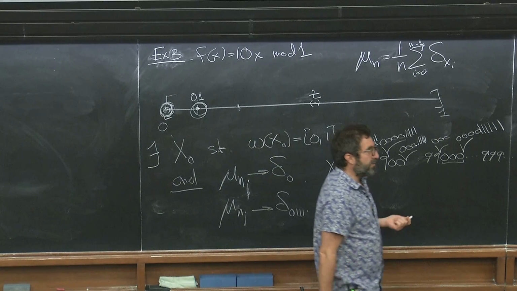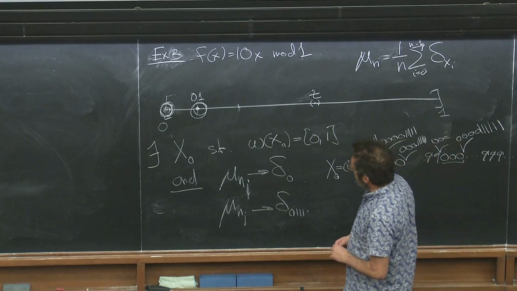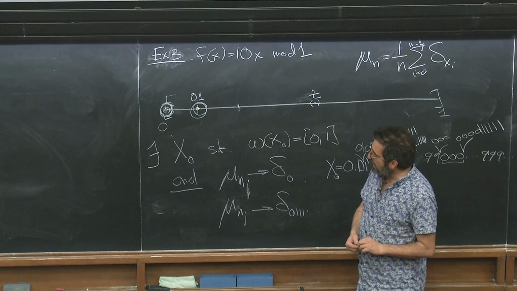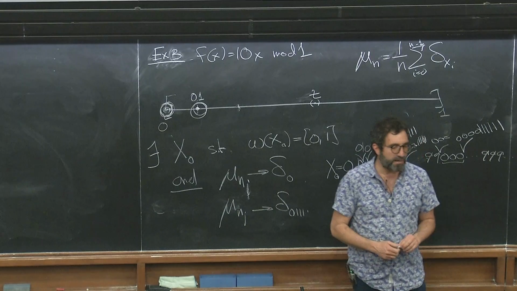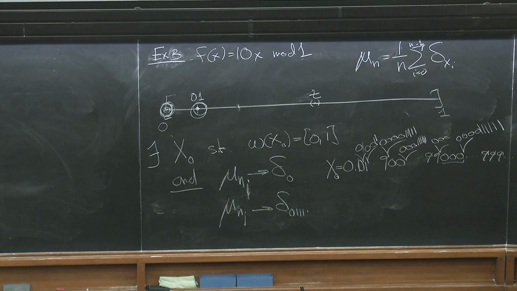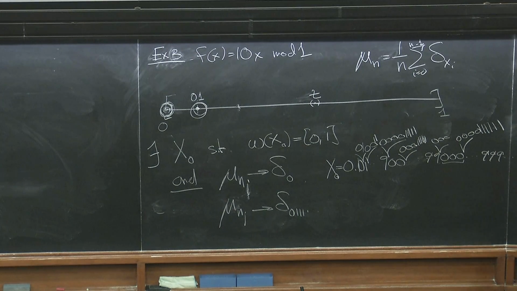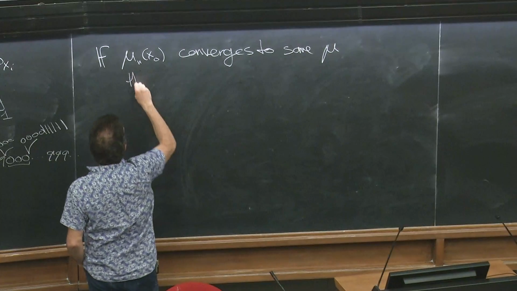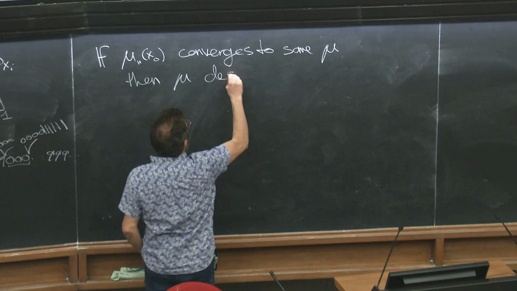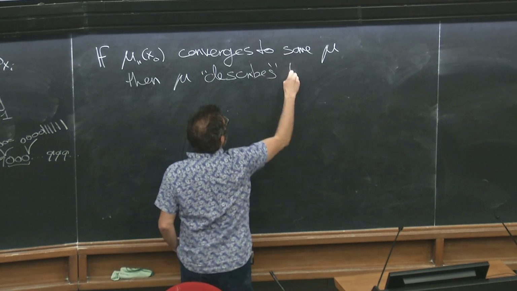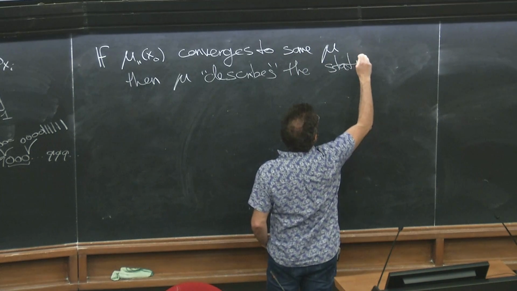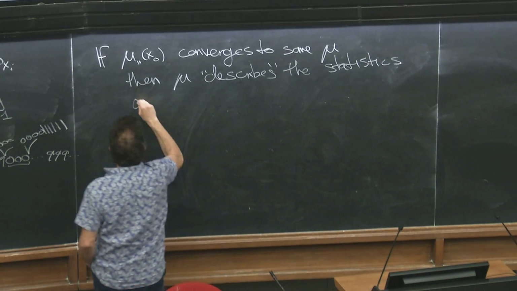Okay, so before I finish, I will give one final definition today. I want to emphasize the peculiarity of this kind of situation. What does it mean? So let me write it like this. The conclusion, a little bit of our conversation, is that if mu_n of x_0 converges to some probability measure mu, then we can say that mu describes, in some sense, the statistics of the forward orbit